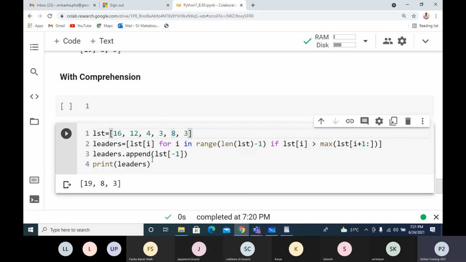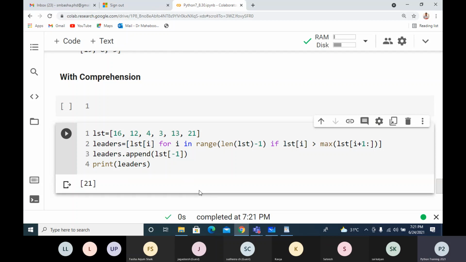If I change this to 13, then I'll get 16, 13, 3. Suppose I write this as 21, then I'll get only 21. So the required result we are getting here.